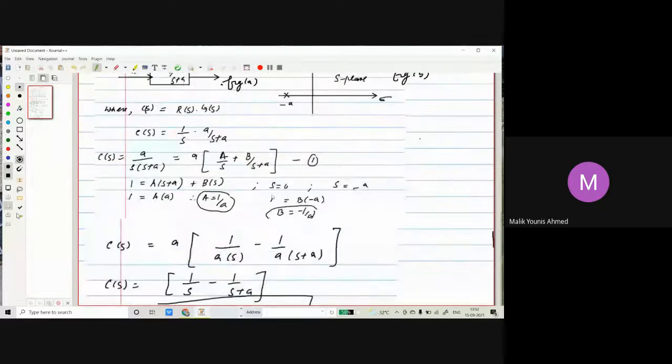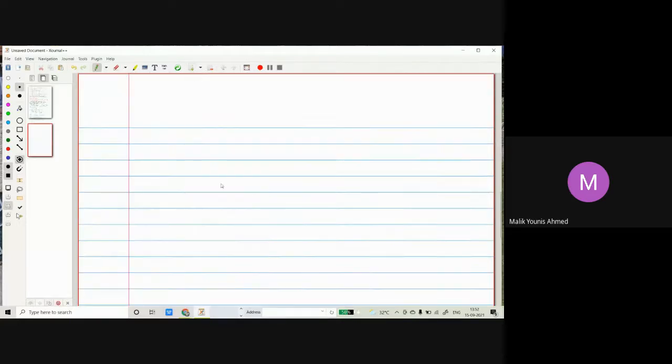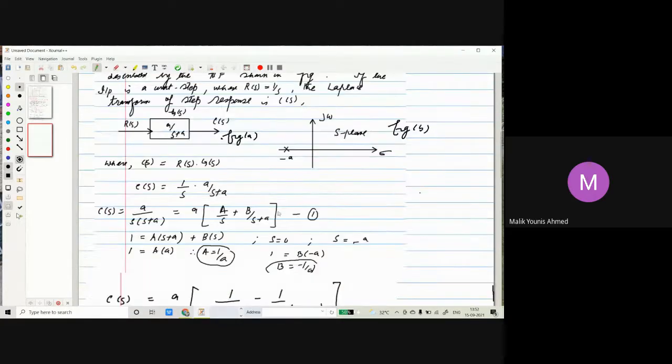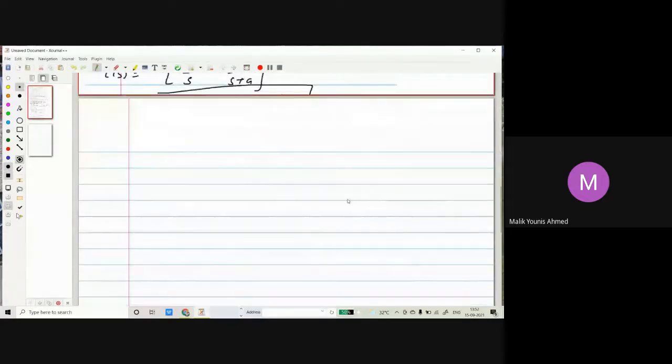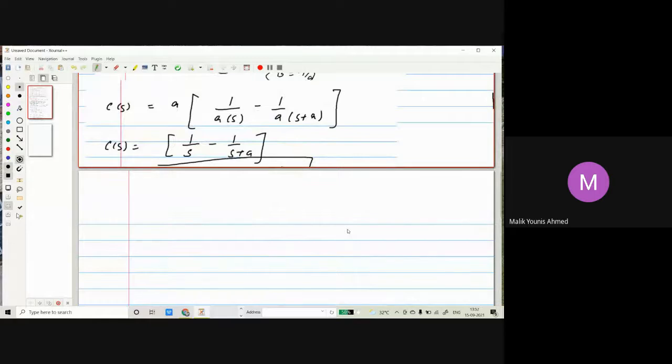Then finally we have taken the Laplace inverse